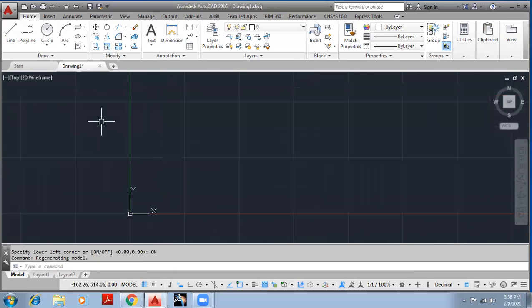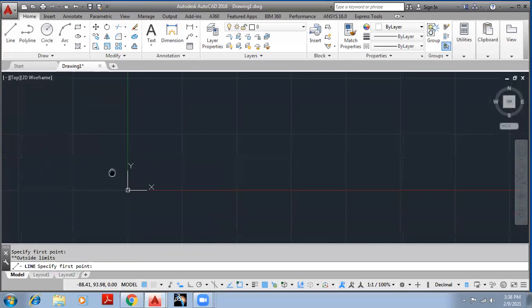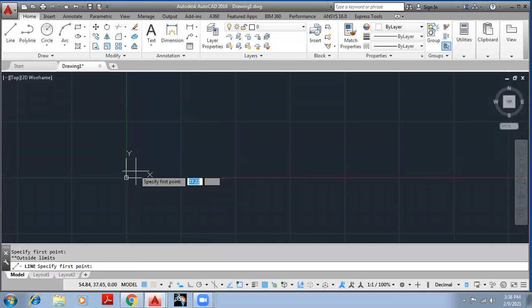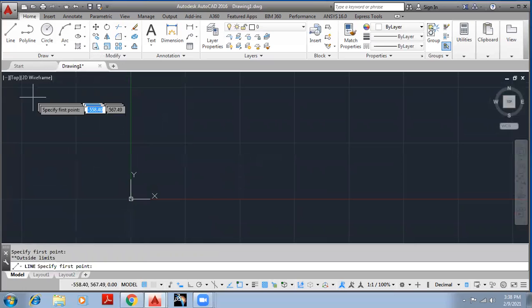So what it will do is, now I will take a line and start drawing from outside this particular point. It will not allow me to click a point or specify a point beyond its limits, because this space is not inside the limit which we have defined. The limit we have defined is from this point to somewhere here.